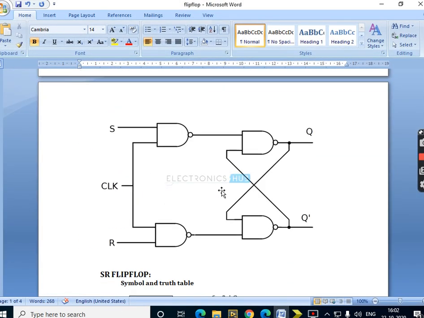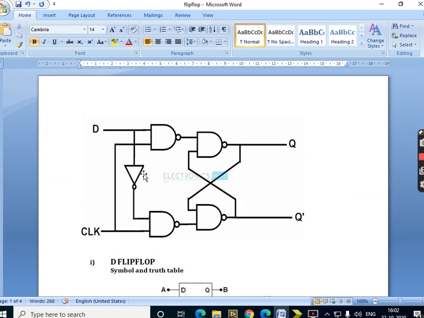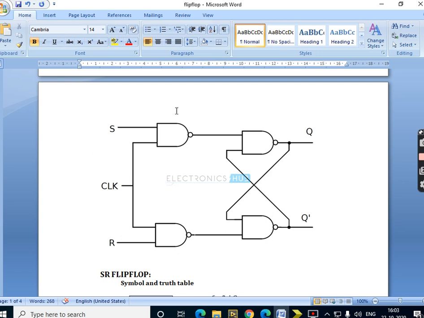Okay, so next one will be SR flip flop. Now what is the difference between D and SR as far as construction is considered? If you remove this inverter and separate them, these two will get only the clock, but this line will be separated. I will not put an inverter, I will separate them. Then this gives you SR flip flop. Getting this construction? Okay, so this is S. Now this is called R, Q and Q bar.